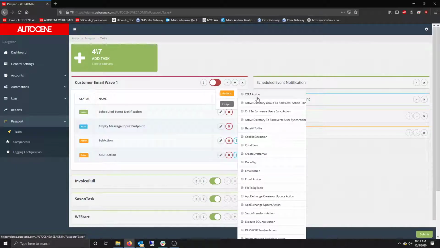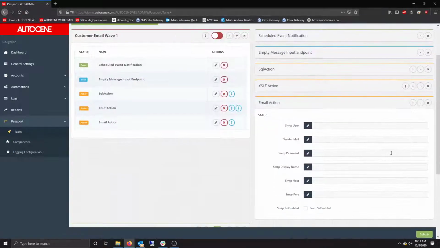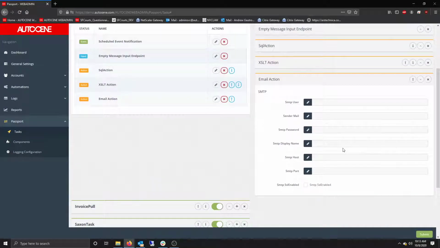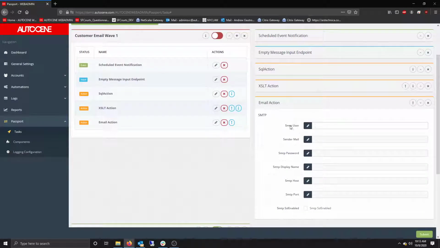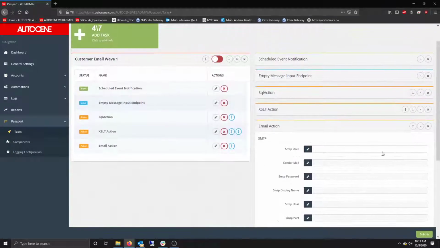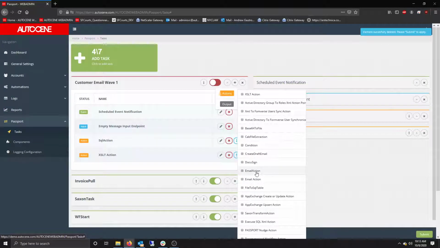Well, the second thing that you may want to do after you've altered that information is do an email action. So we'll put that at the bottom here. And then you can begin to configure the email action based on that. So this is our simple email action. You can have the user, the mail, the password, and sending out certain email aspects. If you wanted a more complex email action,